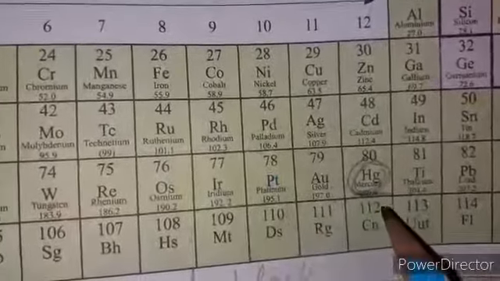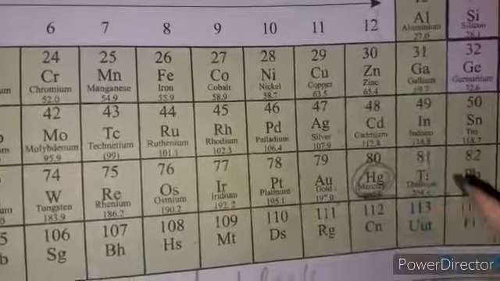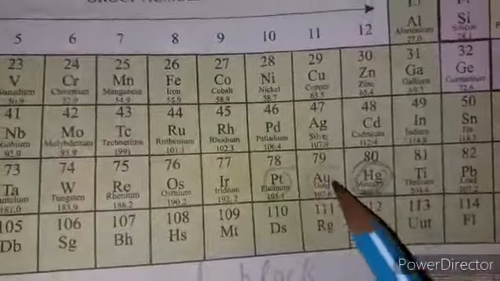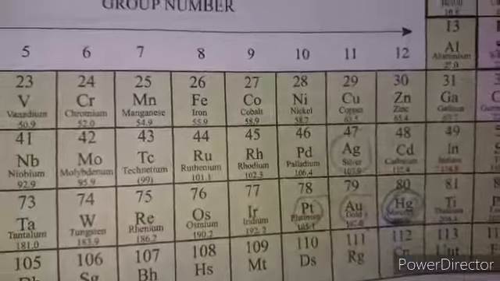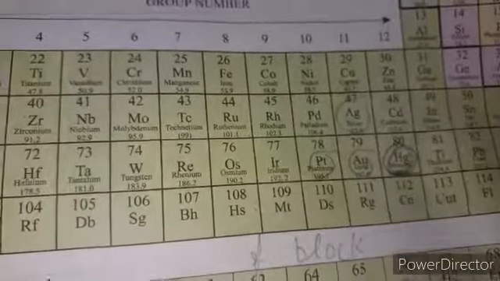So these are present among the typical metals. Name the metals which are least reactive: platinum, gold and silver. These are the least reactive metals. All these properties we will discuss in the metals and non-metals chapter.